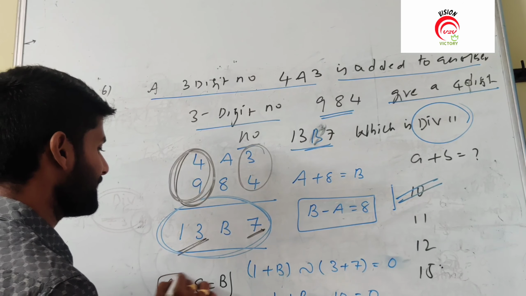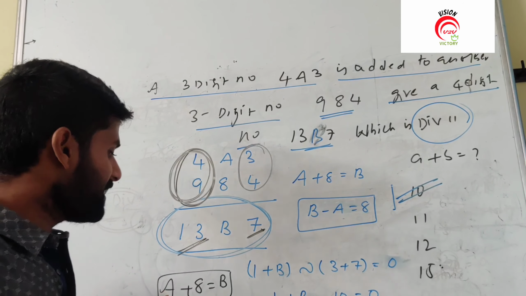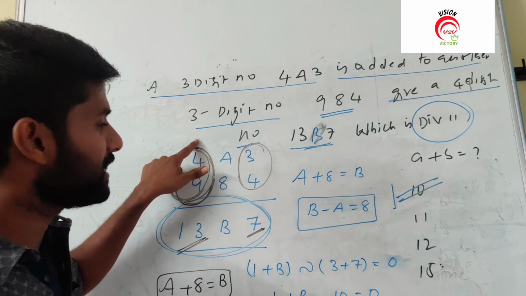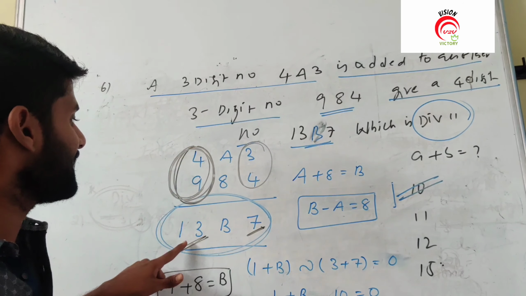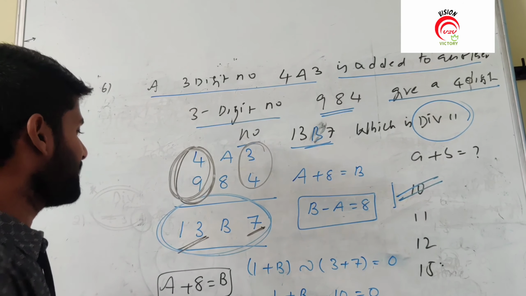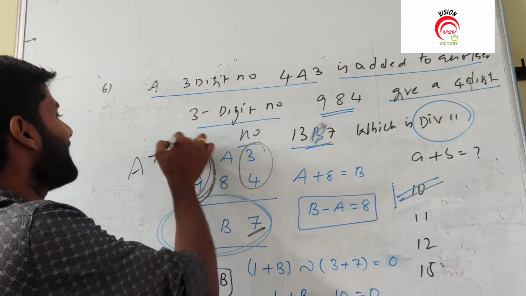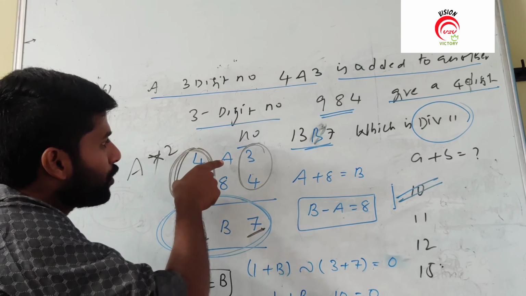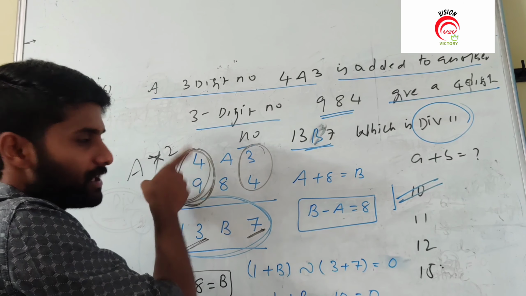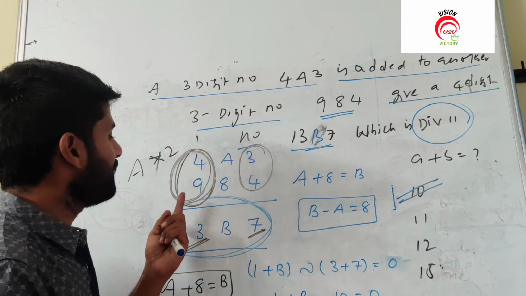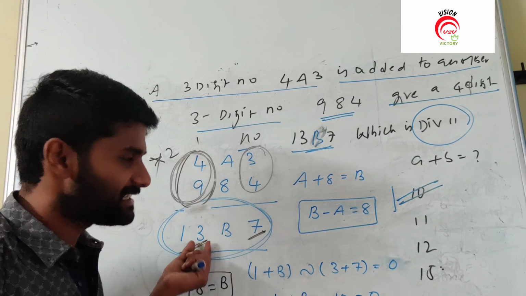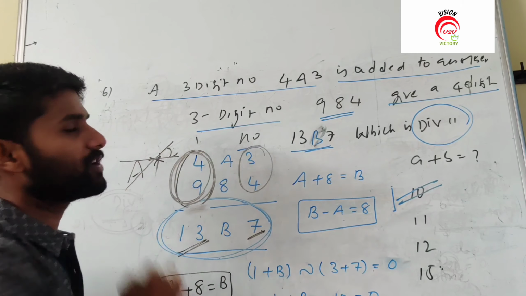Go with trial and error. For example, if A is replaced as 2, 8 plus 2 is 10, definitely 1 carry forward. If we get 1 carry forward, we get the resultant 14. So definitely A is not greater than 2. Why? Because if you consider more than 2, definitely we get a carry forward, and the final resultant would be 14. But the resultant given is 13.